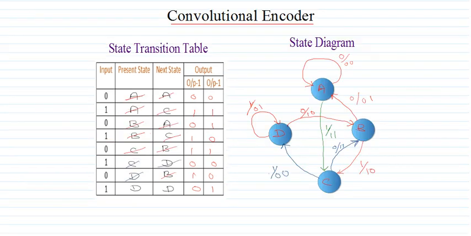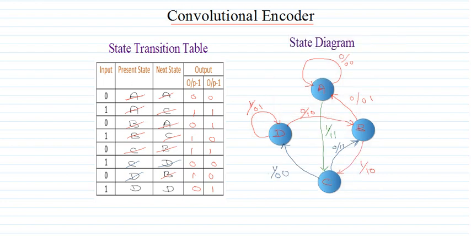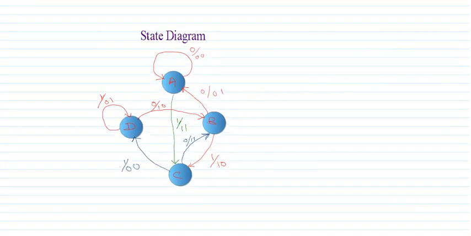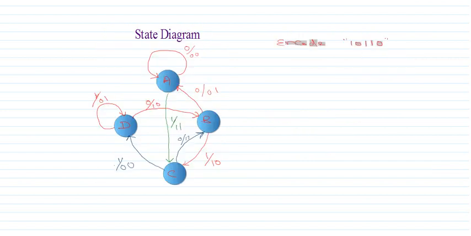Now let us do the same thing with the state diagram. Let me just copy this first. Okay, so here I have a state diagram, right? So let us encode the same data. Now what we do here: the input is 1, and we are in state A now. When the input is 1, we are moving to this state. I'll just highlight like this. We are moving here, with an output of